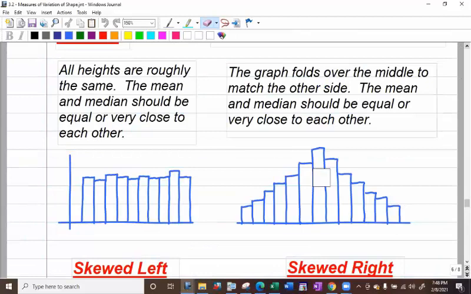So hopefully you can see that for this one, if you visually folded this over, it looked the same as you flipped it over to the other side. That's essentially what symmetric is. And it could be more shapes than just that. You could have a different type of symmetry shape. But the idea is if it folds over in the middle,